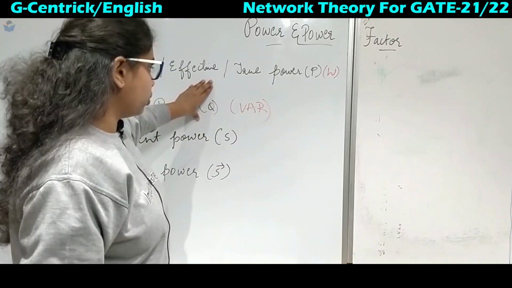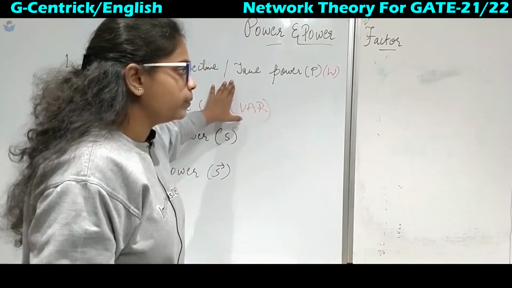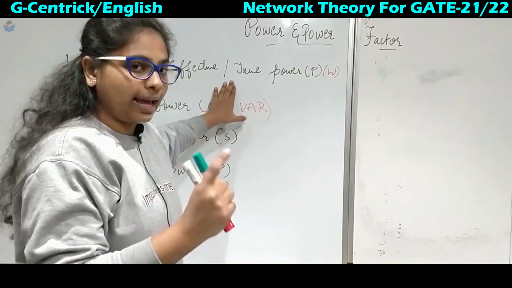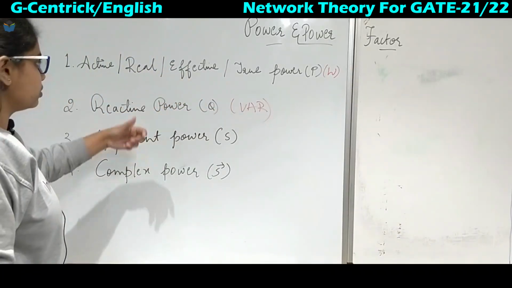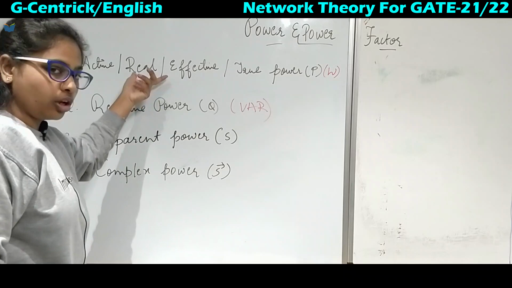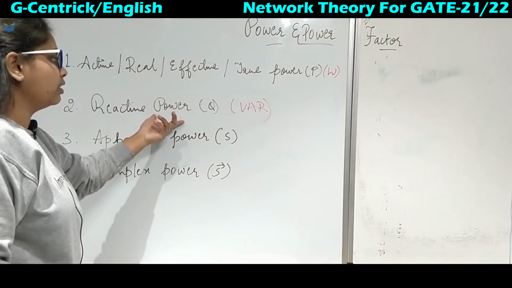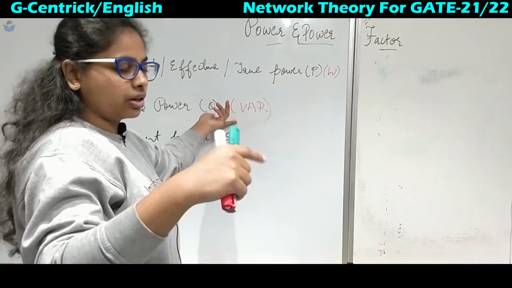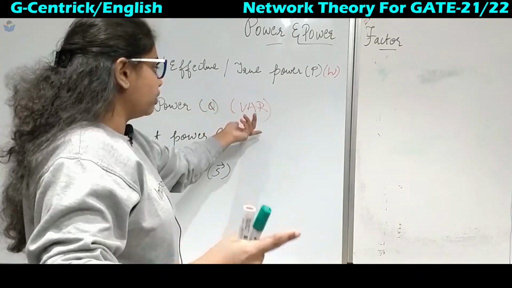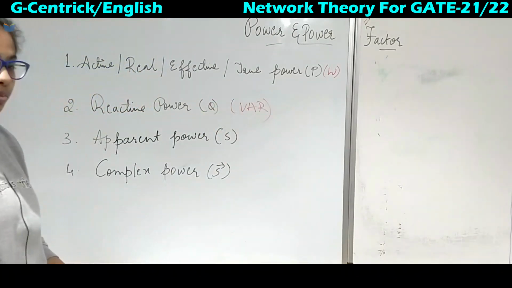To understand this concept of reactive power and true power, we will take the example of a tank and a pond, and we will see what we mean by these two. This is the actual work done, and this is the one which is made in the rotating electrical machines, where the magnetic field is produced.